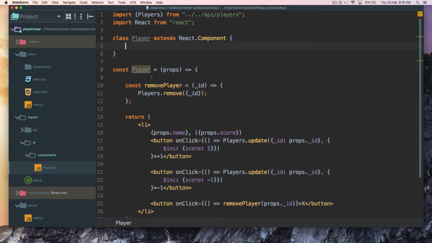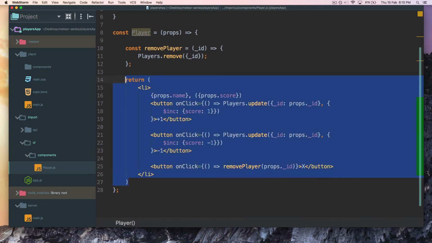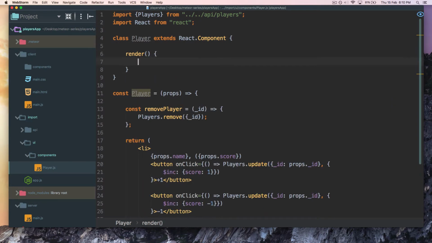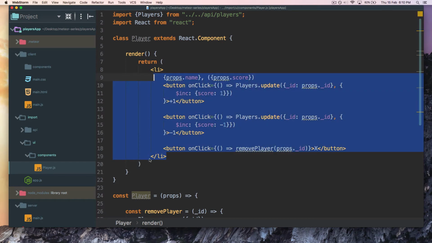Inside this player, let's see what we have. So we have to return this. So simply I'm going to copy this, and over here React component by default needs a render function. So this is a render method specifically, which we are able to use since we are extending React component, and this render method has to always return a JSX. So this is our JSX,